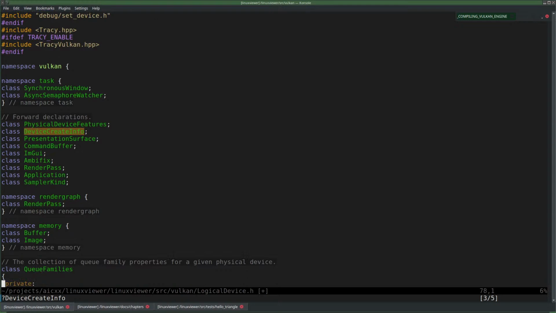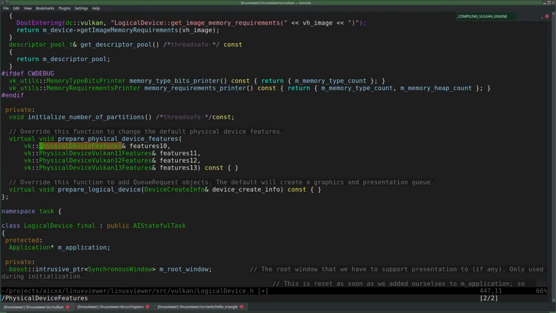There's a shitload of forward declarations. Maybe I should include all of them. Really? Uh-oh. It depends. If they're being used in a virtual function, then I suppose I should.